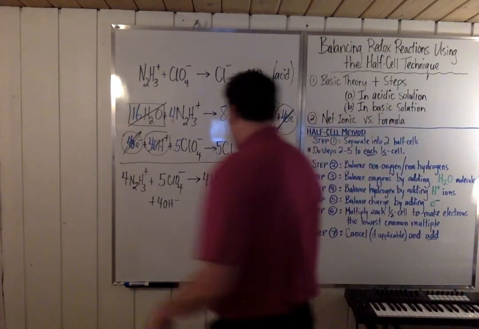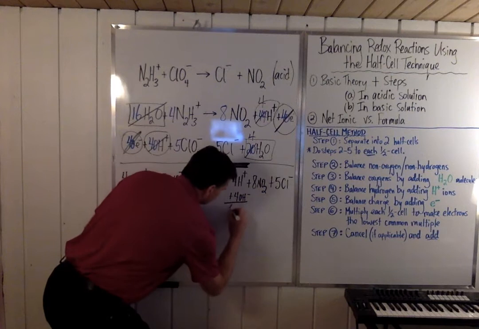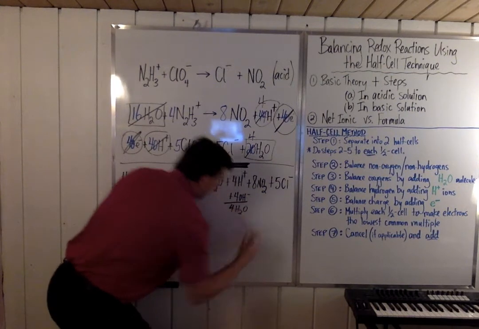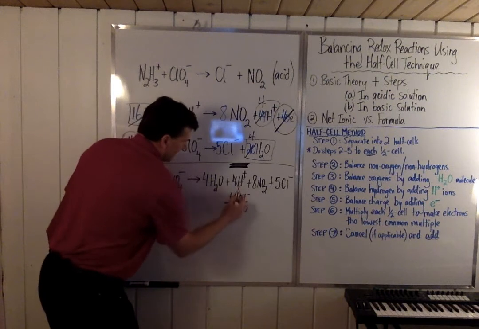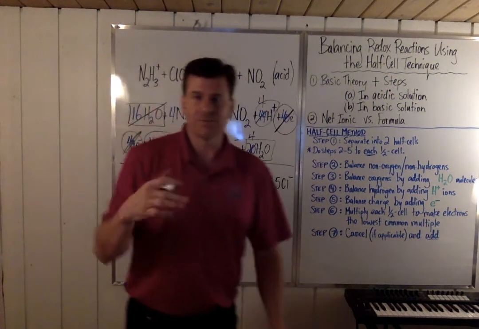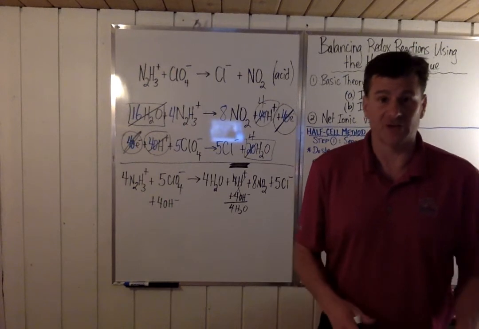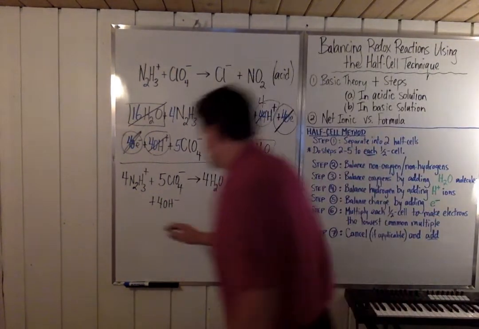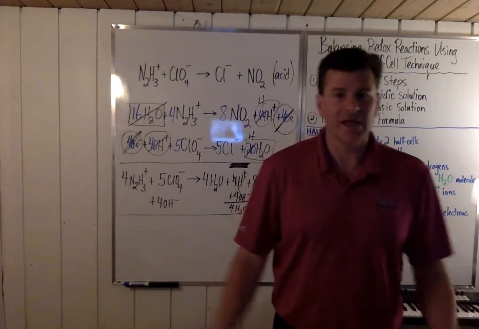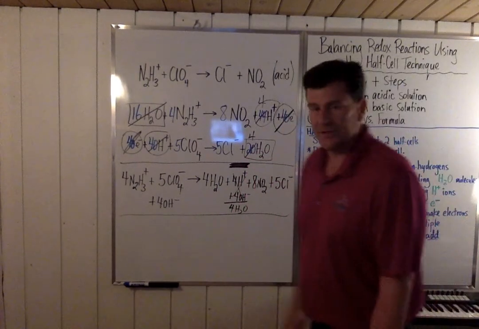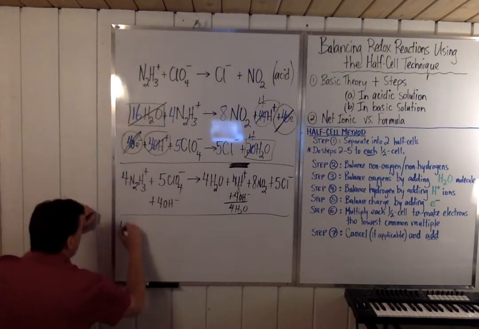Now, when I add 4 hydroxides over here, that makes 4 H2Os. Right? So those two things kind of cancel each other out. 4 H pluses and 4 hydroxides make 4 waters. That's why I'm adding the exact same number of hydroxides. So now what I do is I re-add. I just add everything up now. Okay? So here's what I've got. I've got 4